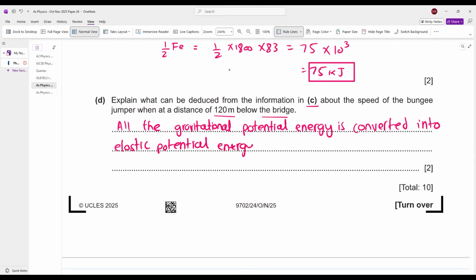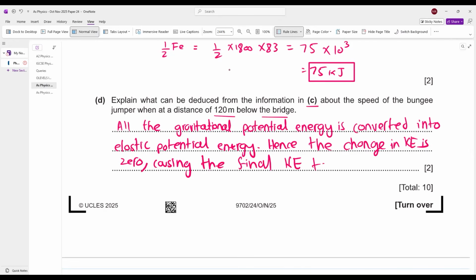Hence the change in KE is zero, causing the final KE to be zero and the bungee jumper is at rest. Simple. आगे बढ़ते हैं बेटा।